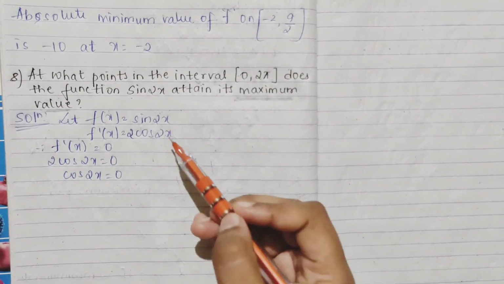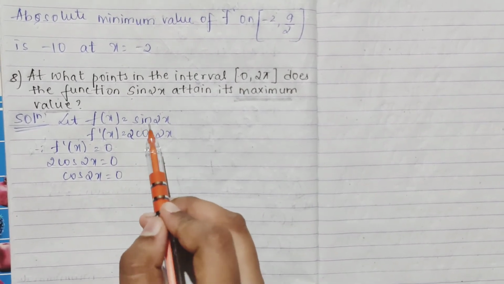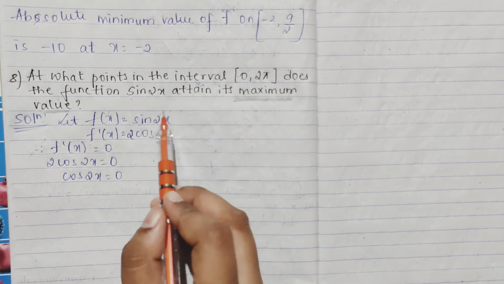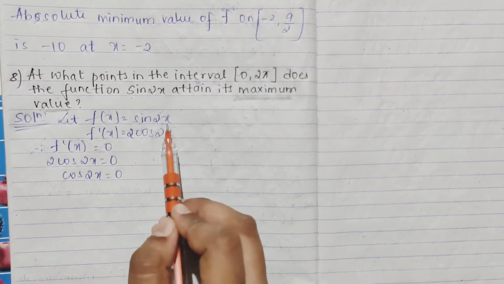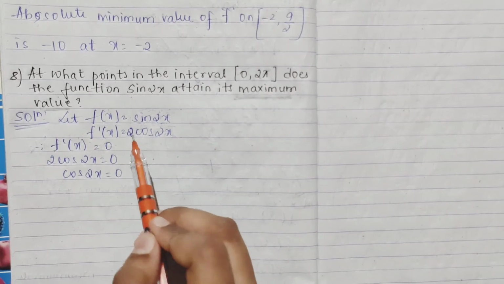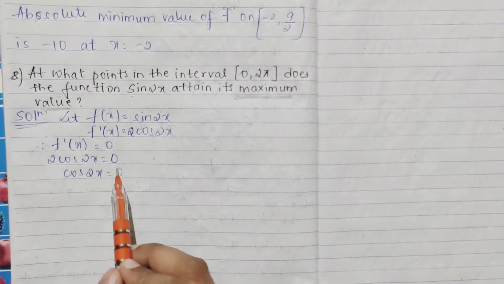So same way, f of x, f dash of x, what you will get, sin 2x. Sin 2x means it is chain rule. First you have to differentiate sin 2x. Sin 2x differentiates to cos 2x. Again, cos 2x's differentiation gives 2, so I have written it here. f dash of x equals 0, 2 cos 2x is equal to 0. So when 2 goes here it becomes cos 2x equals 0.